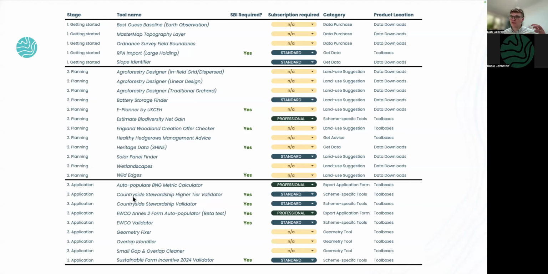Across the tools, I'm going to go through some of them in a minute, but you can have a little read. I would say if any of these names trigger your fancy, just go to our help center. And Rosie, if you can put the help center link in the chat, that would be good.